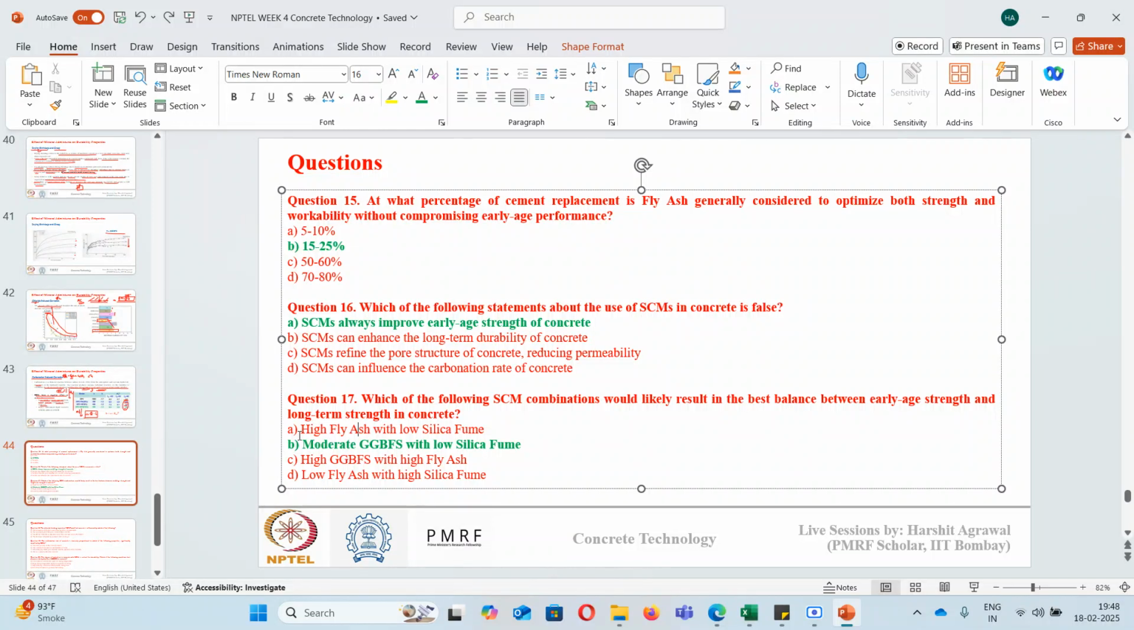Other answers like high fly ash with low silica fume can also be correct. Okay, or this option like high fly ash and high slag, this is incorrect. Why? Because it will delay the strength gain initially, so it won't be correct. Low fly ash and high silica fume, again, since there is low fly ash, there won't be a